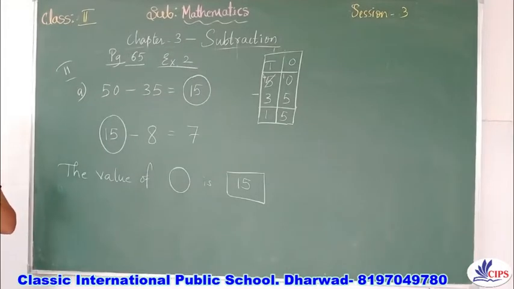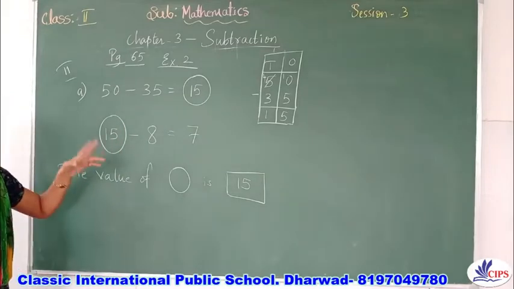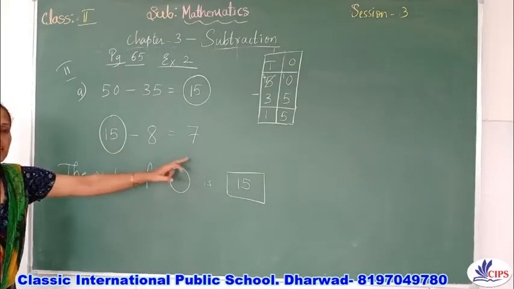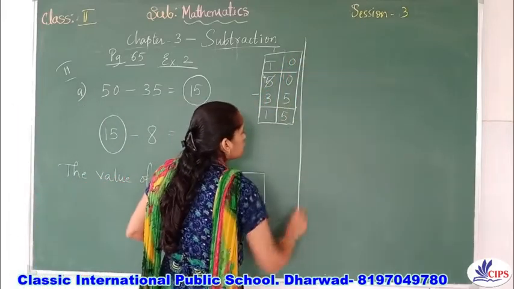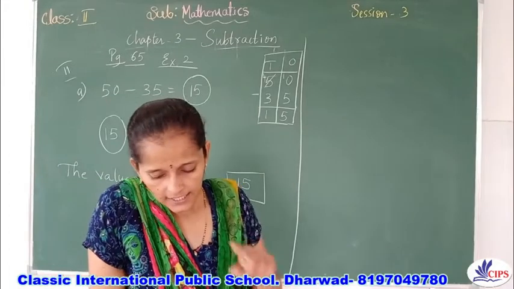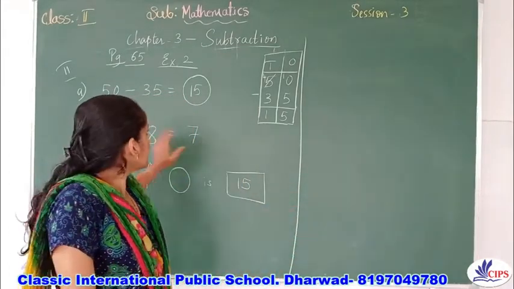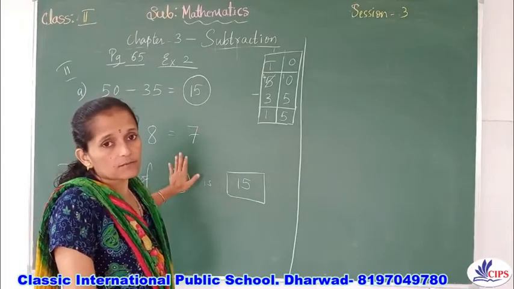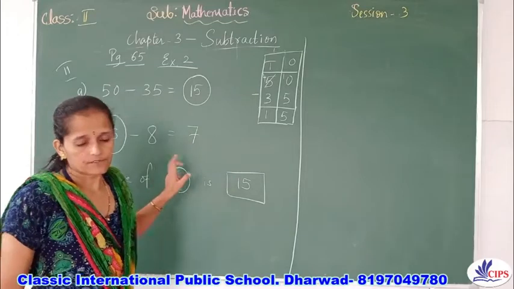This is only subtraction, but they have just given it as a twist. Means this answer should be the same and should match with the second answer. Did you get it? Now the same way you need to do the second one also. 53 minus 20, that is the rhombus shape they have given. Like this only you do it and check whether this answer will come the same or not. Both subtractions you have to do. This will be easy.